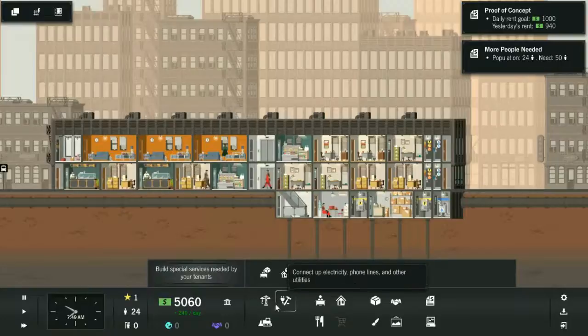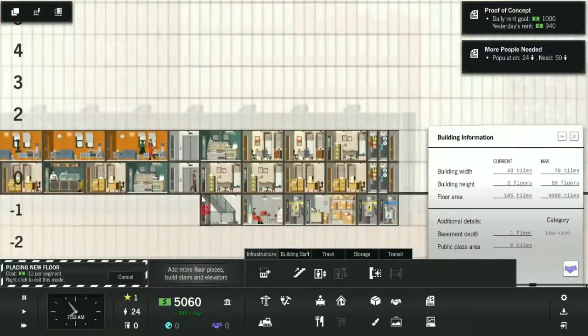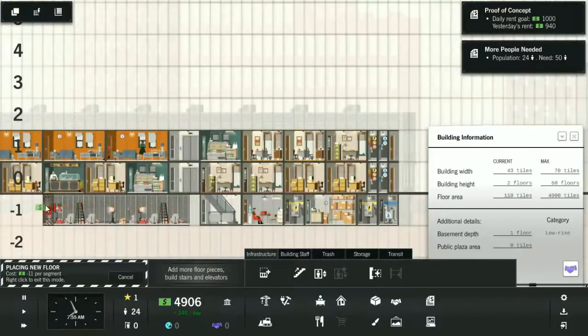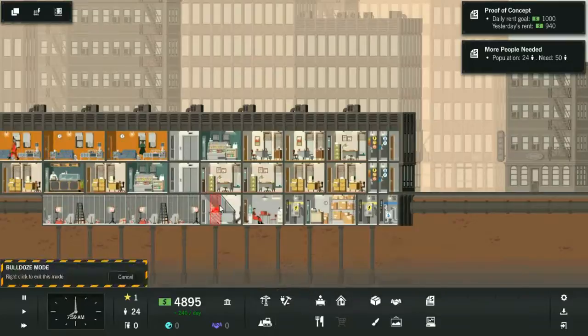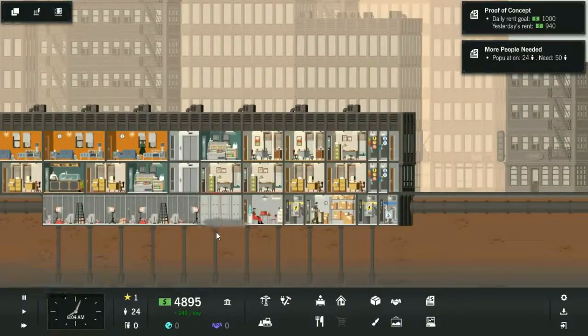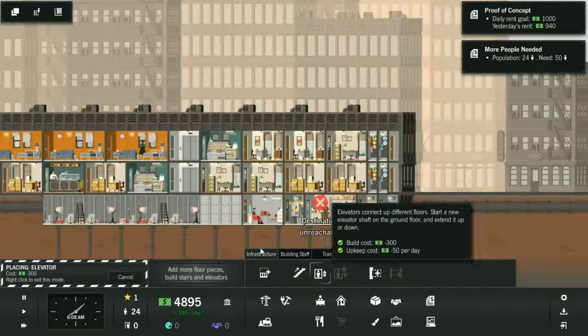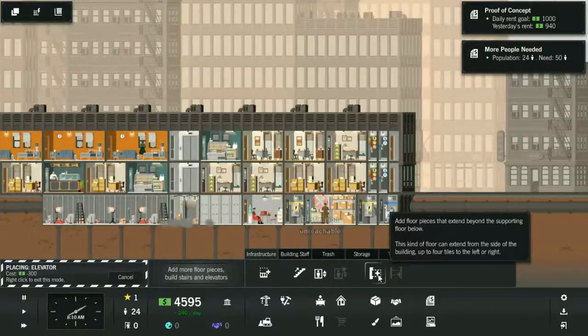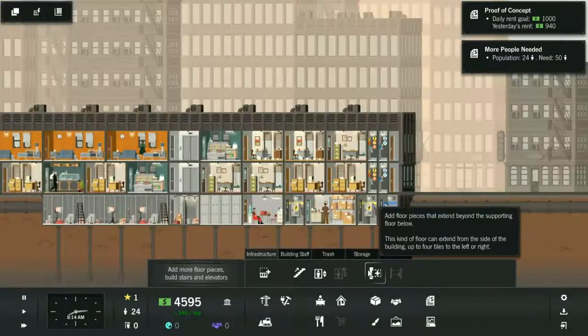Oh, well, it might actually help if I had the room for it. So I'm going to go ahead and build onto down here and do something that these guys absolutely hate because they can't get anywhere, sort of. I'm going to remedy that as well. There we go. What is this? Add floor pieces that extend beyond the supporting...